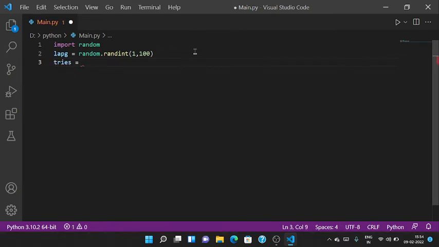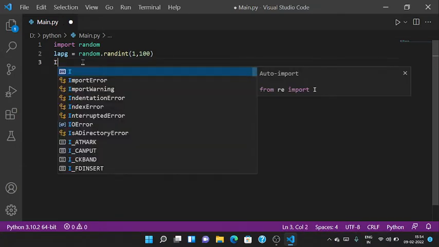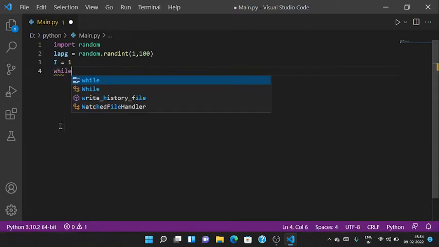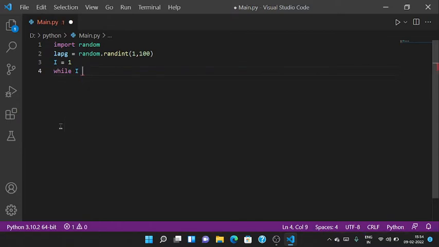So tries is equal to, or instead of tries let's take i. So i is equal to 1, while i is smaller than or equal to 10,